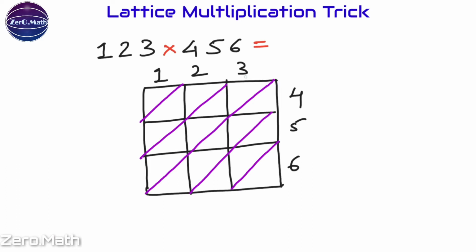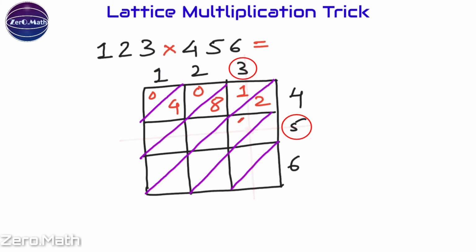Now let's multiply 3 into 4 and write down the result here. Where the 3 and 4 intersect, if you draw an imaginary line, there you are going to write the result. In the lower part you will write the unit digit, and in the upper part you will write the tens place digit. That's how we should write it. So let's multiply 2 into 4, it's 0, 8. 1 into 4 is 0, 4.